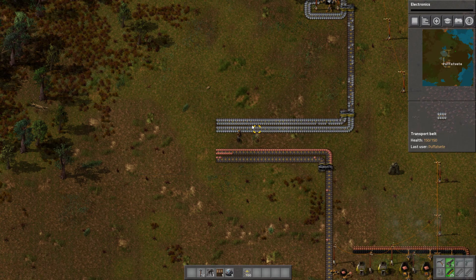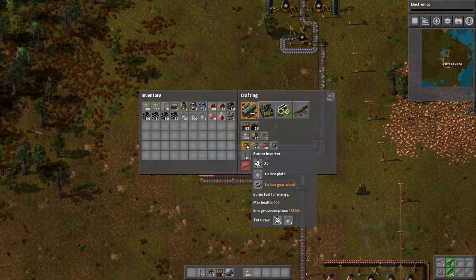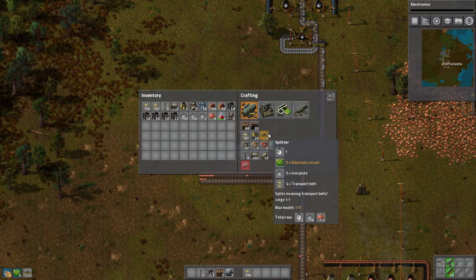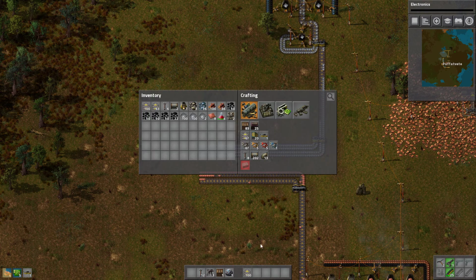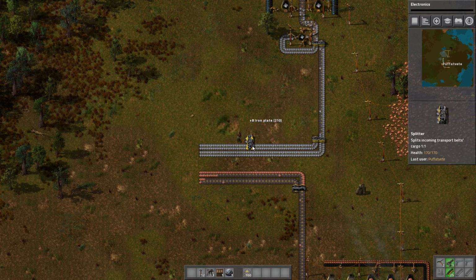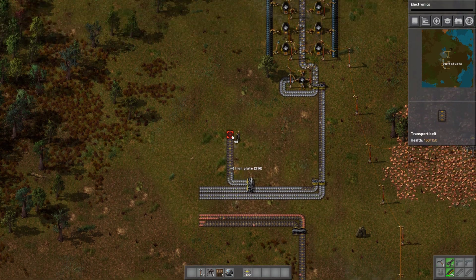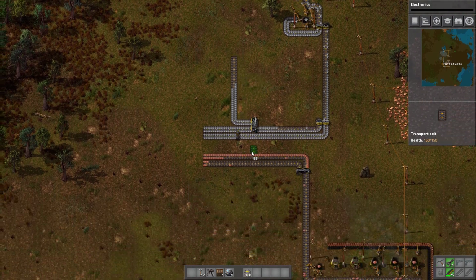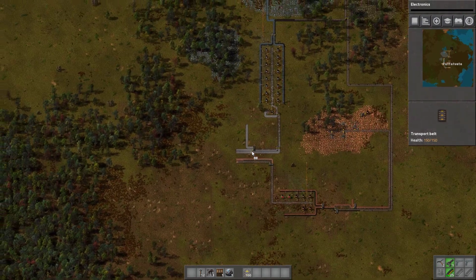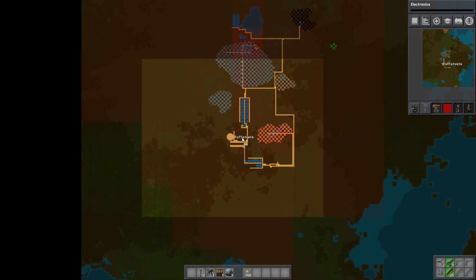We need to turn iron into gears, which just requires a factory and it's done. That shouldn't be too difficult. So we can just make a splitter here and get some iron plates over here. Now the difficult part is to decide where we put these things,